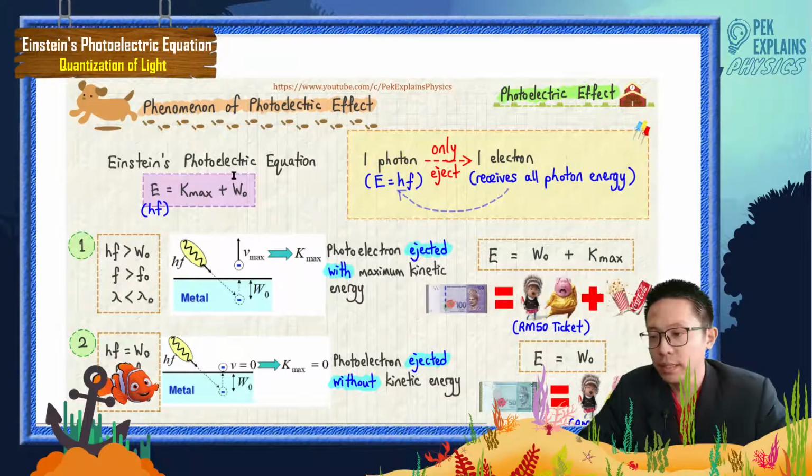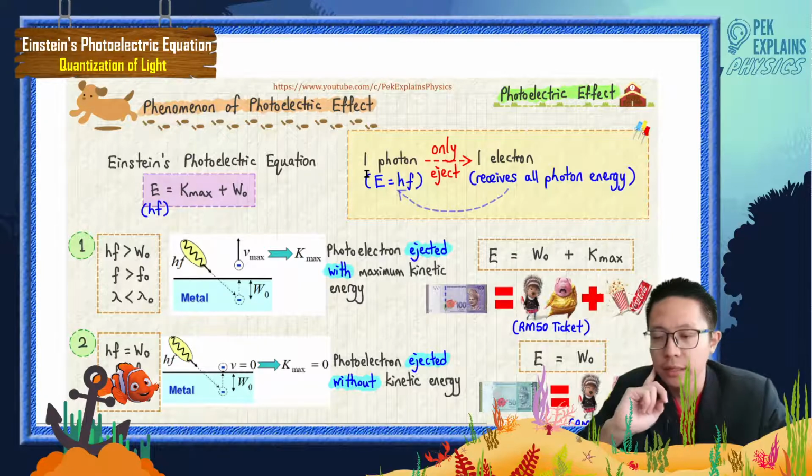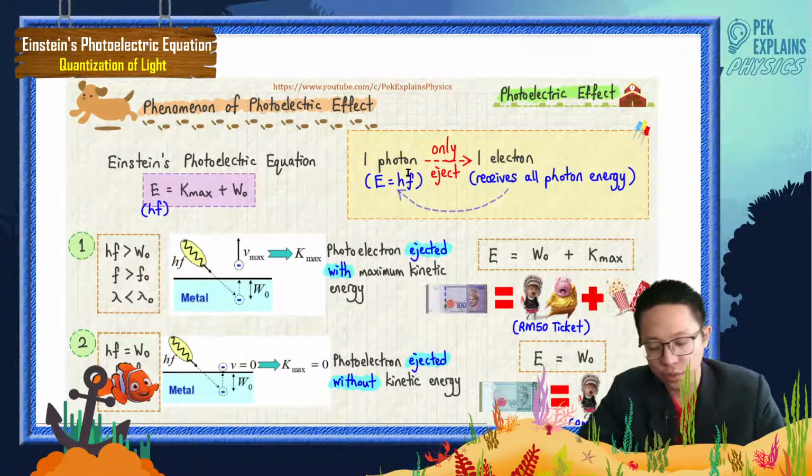Okay, now let's learn about the phenomenon of photoelectric effect, also based on Einstein's photoelectric equation, which is E equals K max plus work function. First thing you have to know is, we already learned that one photon, which is also called one